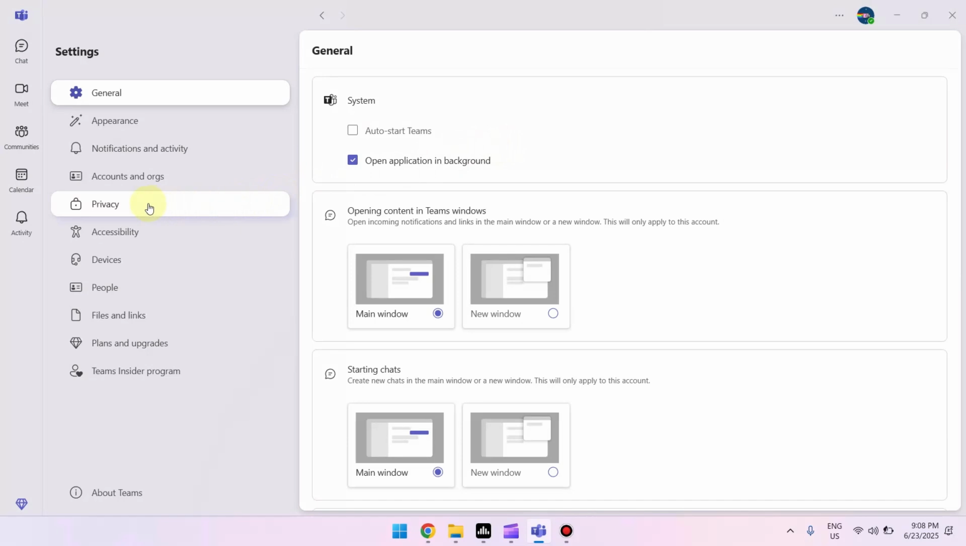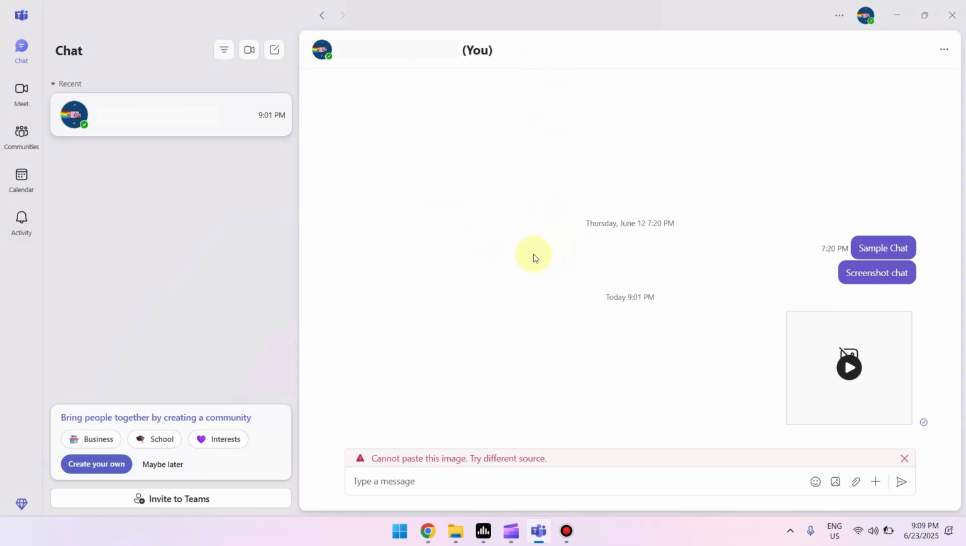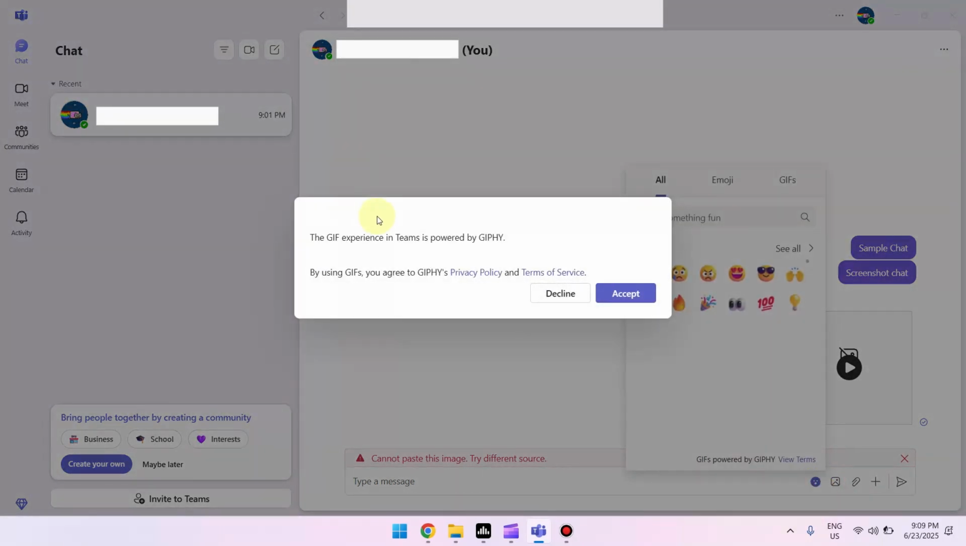Then next, click on privacy and make sure that you have this optional connected experiences on. Then next, select a specific chat, then click on this emoji-like icon and a window will pop